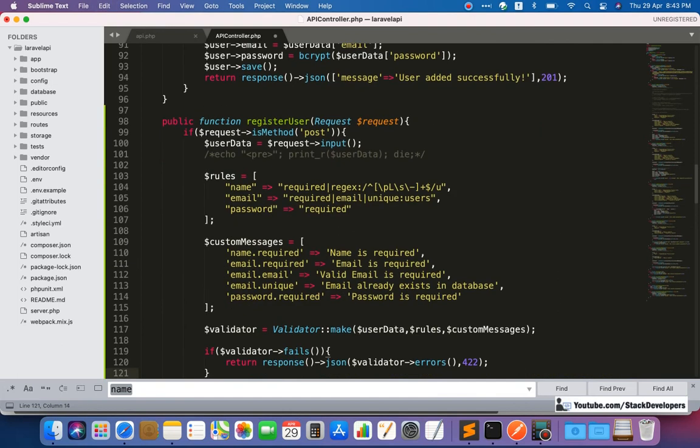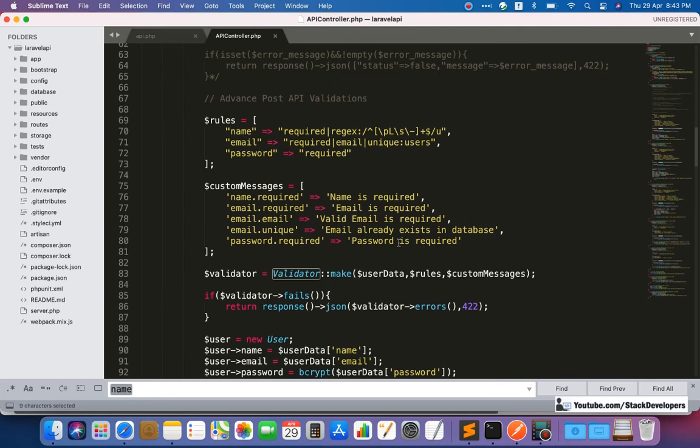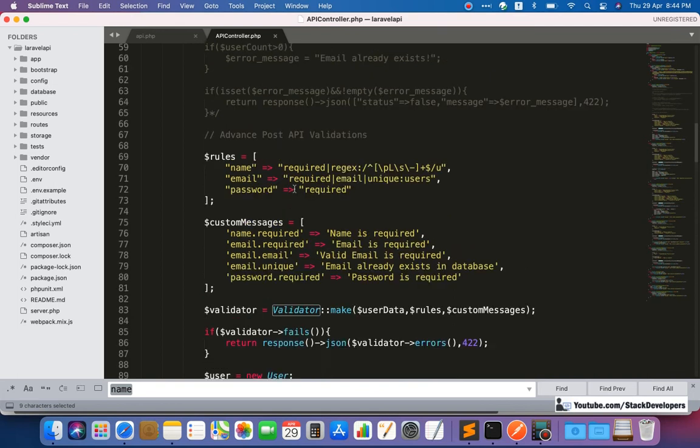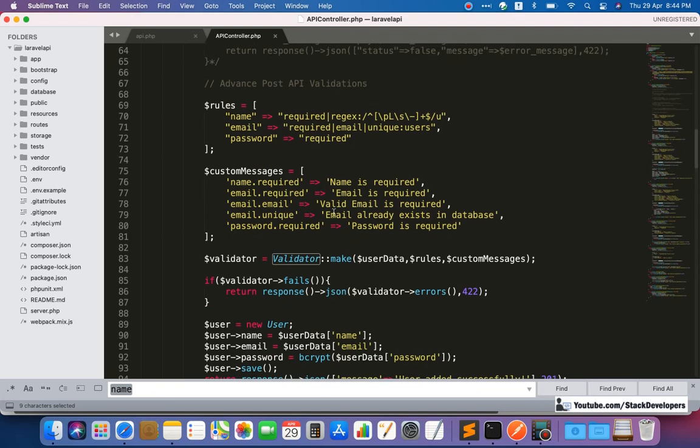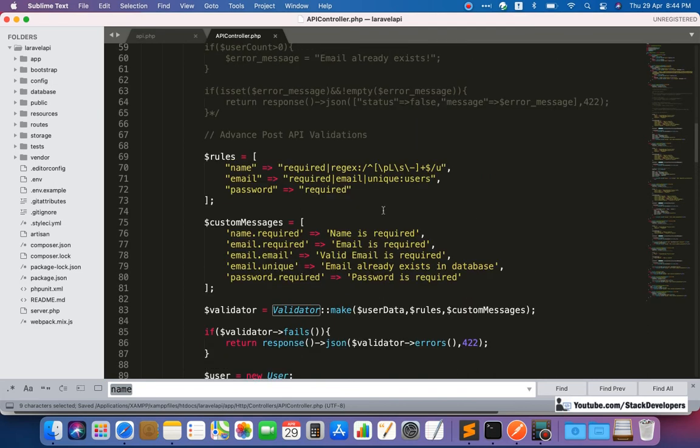If you don't know how to add these validations with the validator class that we have used, these Laravel validations, then you need to go back to the series and check the validation videos, because we have studied this very deeply. So we are not going to study it once again in this API. I assume that you have already watched those earlier videos, so that we can apply the validation. Now if you try the validation without anything, it will show you the error.